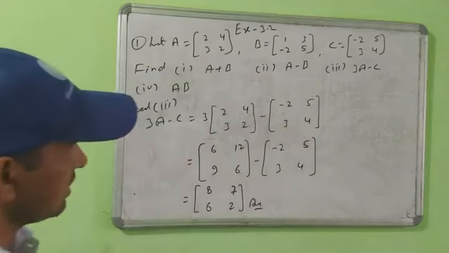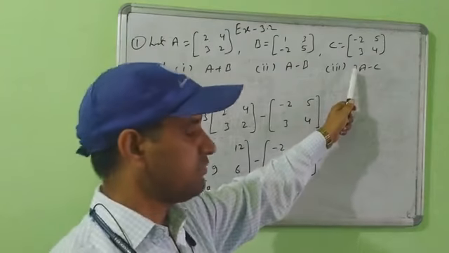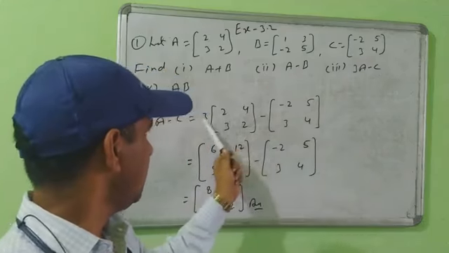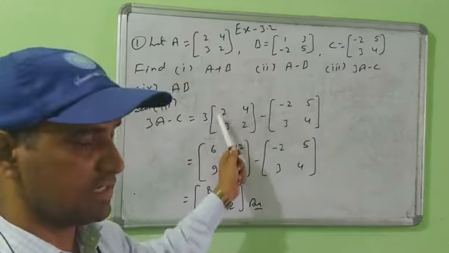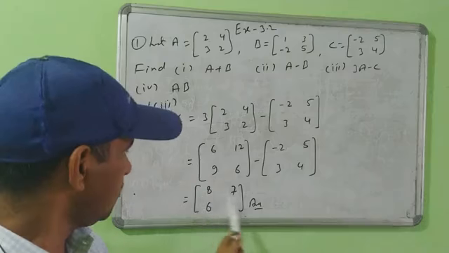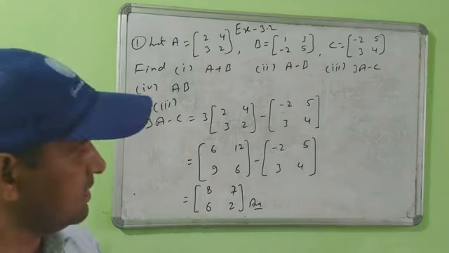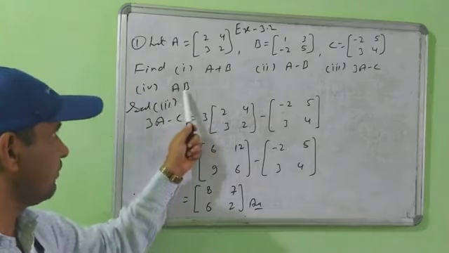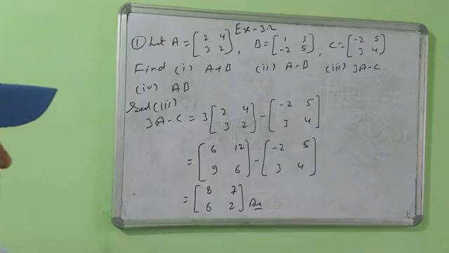According to that, any scalar number outside, any negative number, positive, fraction, decimal, this will not matter, but you will multiply the whole matrix, not a single row, not a single column, but the whole matrix. Then you will get your correct answer. Just note this down. Then we will discuss the fourth part, how to multiply two matrices.